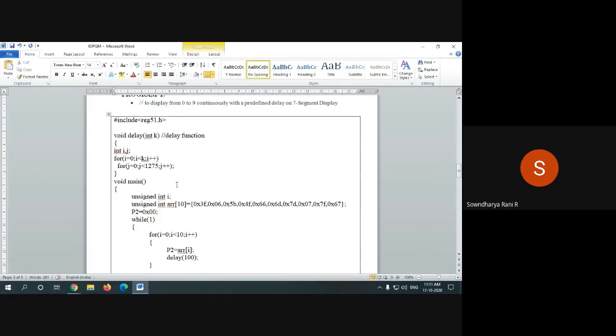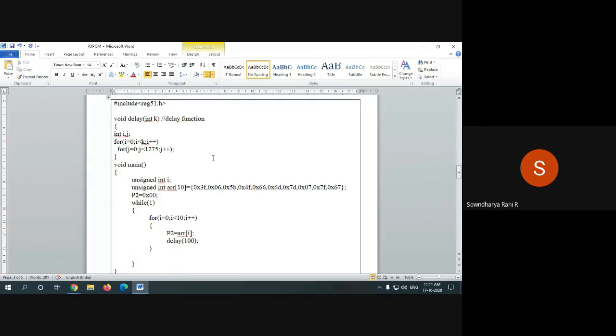Okay, so this is the C program. This is the header file you are going to include, reg51.h. You have a delay function, which we will see later. This is the main function, where all the data types and variables used are mentioned: an unsigned integer i, which is used in the for loop, and an unsigned integer array.